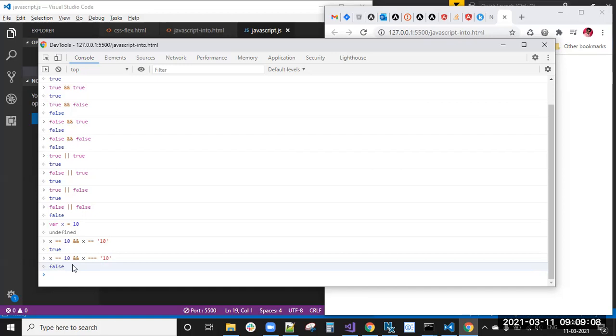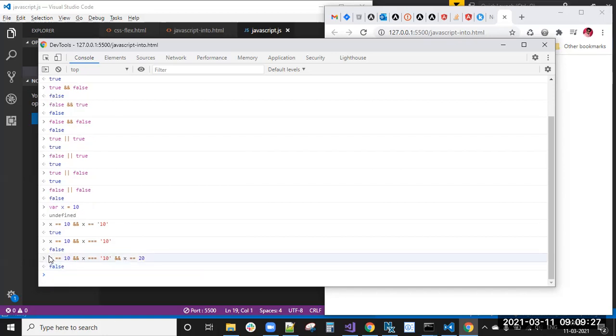This is logical operators, right? So you need to think in a logical way. X equal to 10 is a condition, and this is one more condition. If I write one more also, x equal to 20, still it is false only because any one condition is false only. Similar condition, if I will write with or, what output I will get?